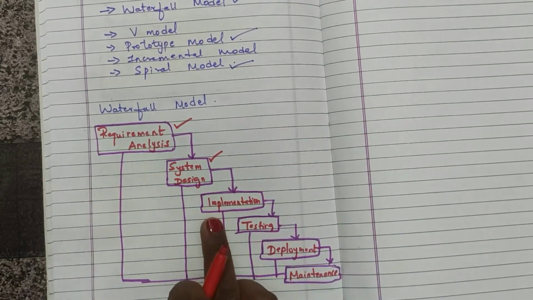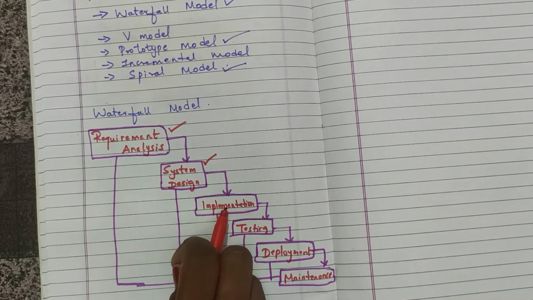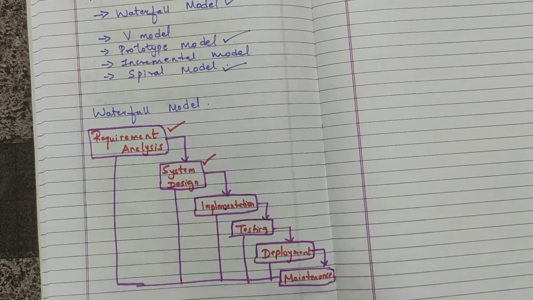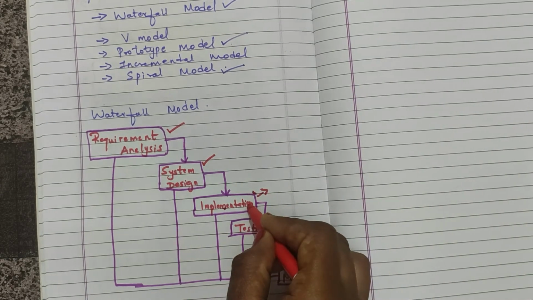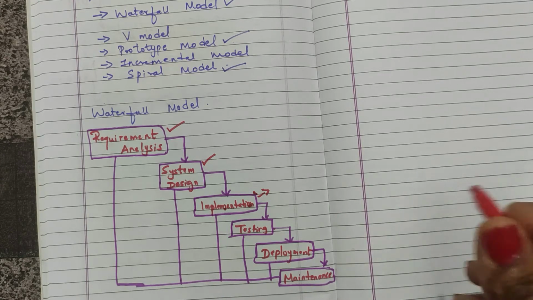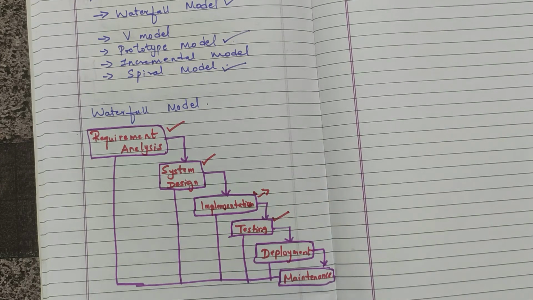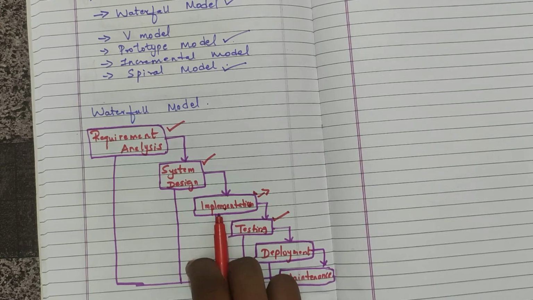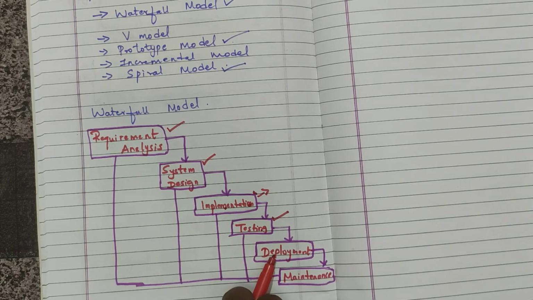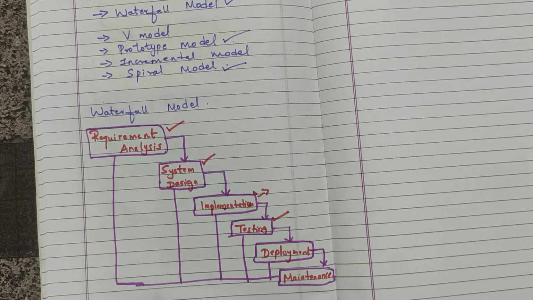Now let's move on to implementation with inputs from this system design. So when this phase is done, it goes to this implementation. So with this input, the system is first developed into small programs called units, which are integrated in the next phase. Each unit is developed and tested for its functionality, which is referred to as unit testing. Now we will be moving on to testing. We will learn about testing in our later videos. So here all the units which are developed in the implementation phase are integrated into a system after testing of each unit. So once the functional and the non-functional testing is done, what is functional testing, what is non-functional testing, we will see in our later videos.